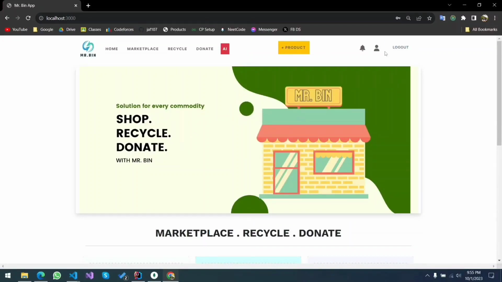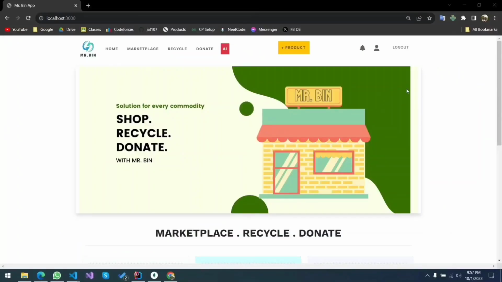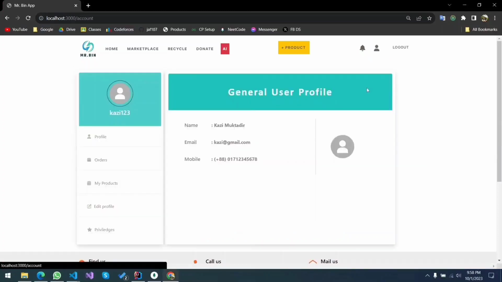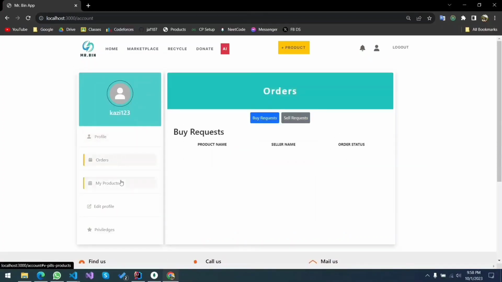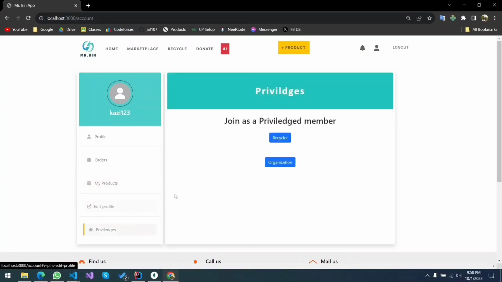If a user gets signed in, we see these icons in the header section. When a user is logged in, he or she can go into the dashboard and see the profile, orders, products, edit profile, and the privileges.